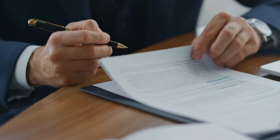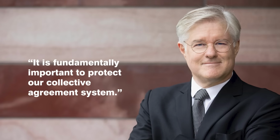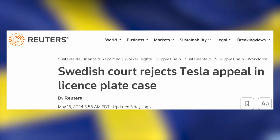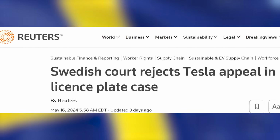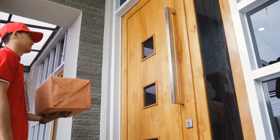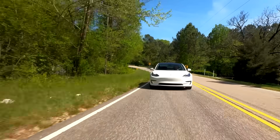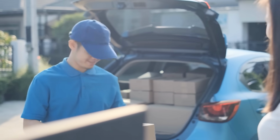on vehicles. In a statement to Reuters, Martin Wasfelt, Unionen's head of negotiations, said, "It is fundamentally important to protect our collective agreement system." And the Swedish Court of Appeals has thrown out Tesla's appeal against a previous decision that the court made. So remember when PostNord, which is their postal service, stopped delivering license plates to Tesla customers who had just bought cars? Well, I guess the Postal Service doesn't have to deliver mail that they don't feel like